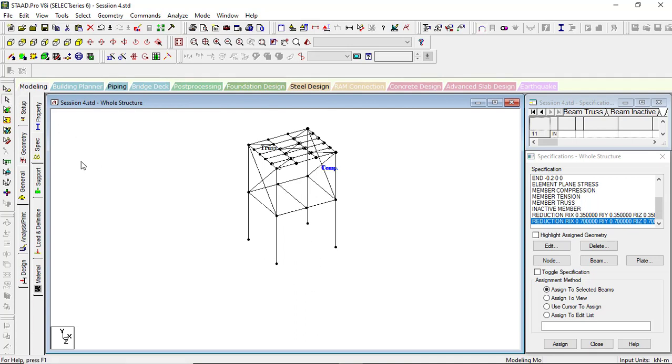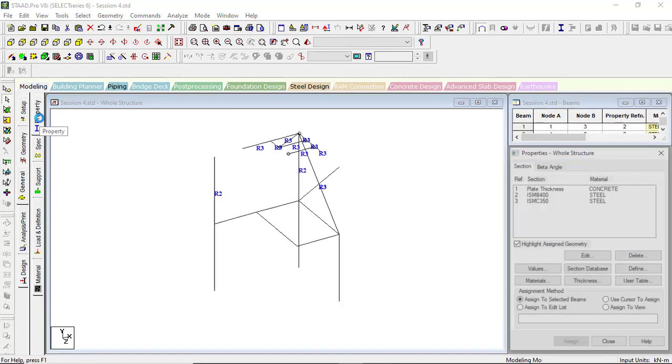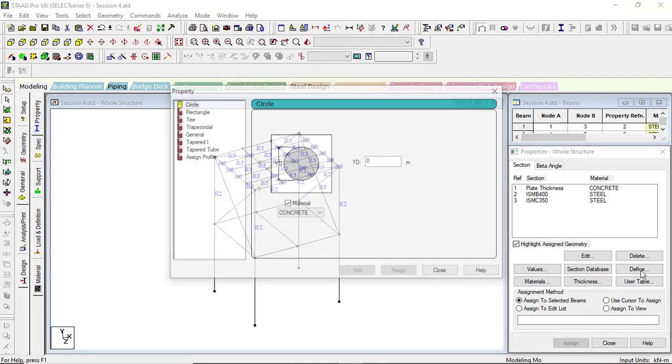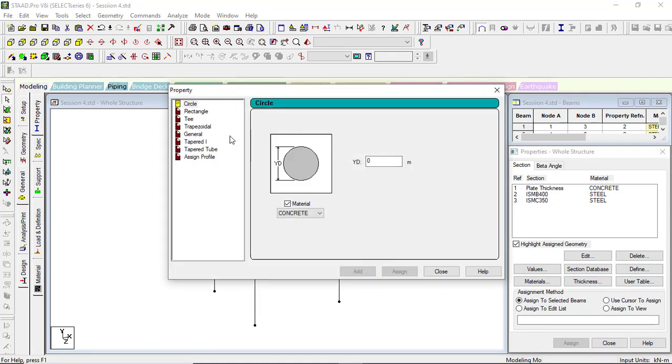So now to assign the concrete member property, we go to property, and here there is one option called define. If I click on this define, the property will open. So we're going to assign rectangular property. So let us assign first beam of size, say, 230 mm by 450 mm, so 0.23 by 0.5.